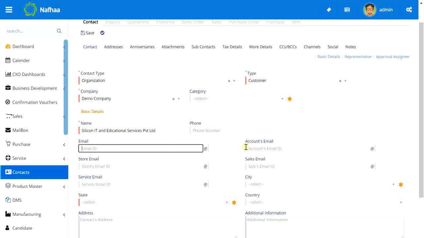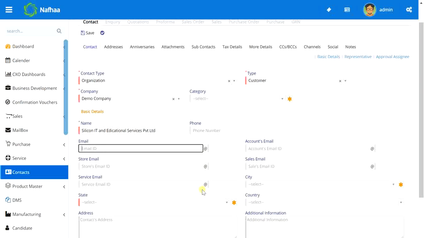Okay. Then comes the different department wise mail IDs, like accounts email, store email, sales email, service email. So what is the use of all these different emails? And what if I don't need them as separate emails? I will explain both. So accounts email: suppose you are doing any accounting related transaction with this customer, like if you want to send an email reminder for a payment, and NAFA offers very dynamic kinds of automations like payment reminders. Okay, so if you offer an auto reminder for a payment for the credit invoices, then NAFA will send an email to this accounts email ID.